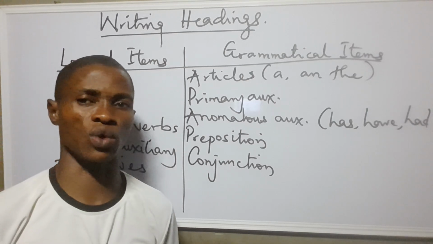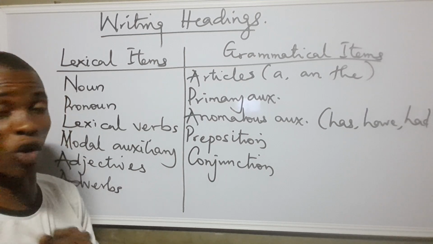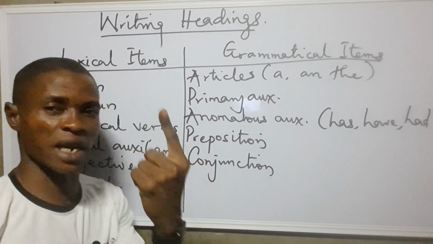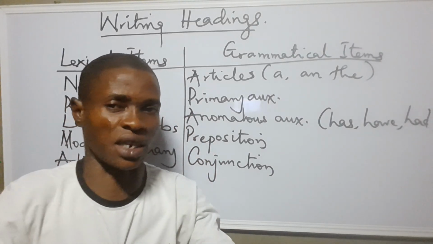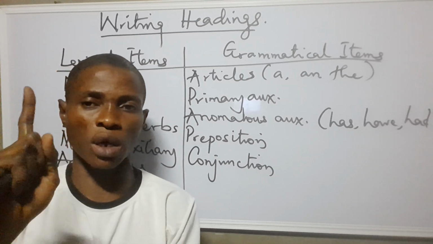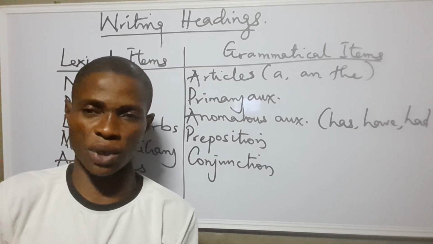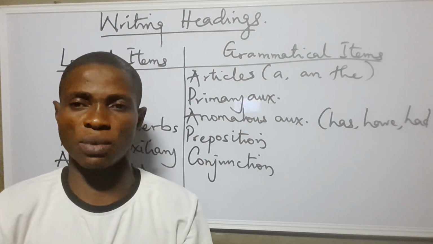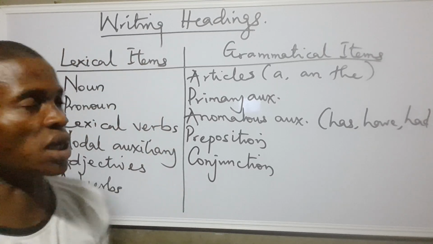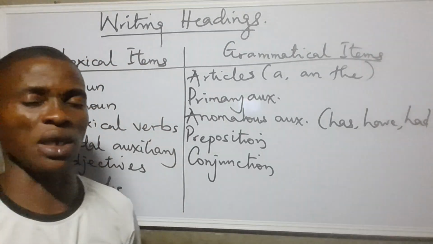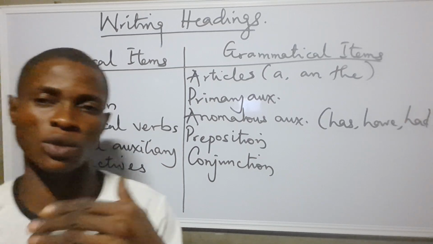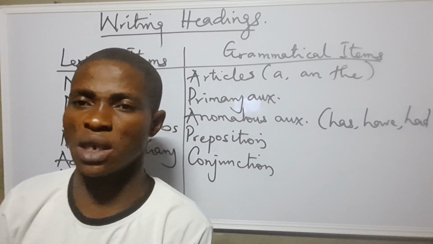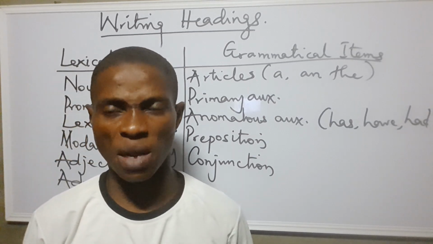Now, the next thing that we need to consider is this. Let's hold on. Before we go on to the next item, let's have a little recap. The first item we talked of is writing a title in capital letters. When you write everything in capital letters, you don't put a full stop and you do not underline. And your capital letters should be capital, not that you write one in capital and one in small. No, everything should be in capital letters. That is number 1. The second one is writing in small letters. And we said when we want to write in small letters, we have to consider some things. Try to differentiate between what is known as lexical items and grammatical items. I believe that one is also taken.